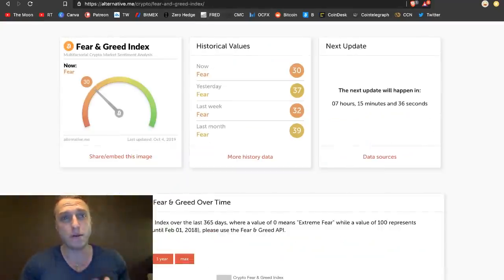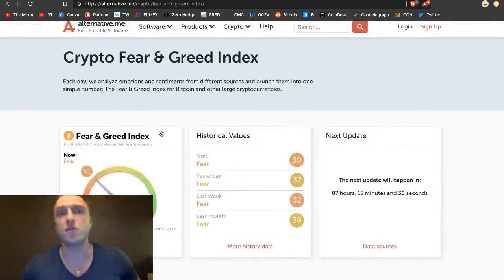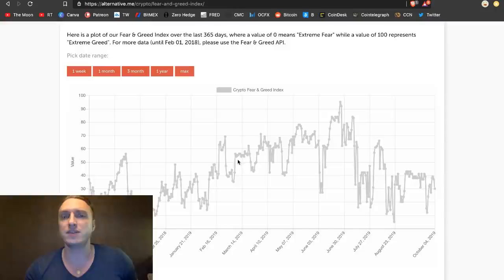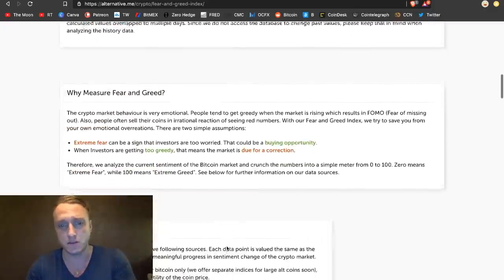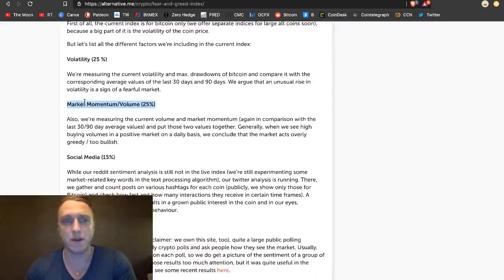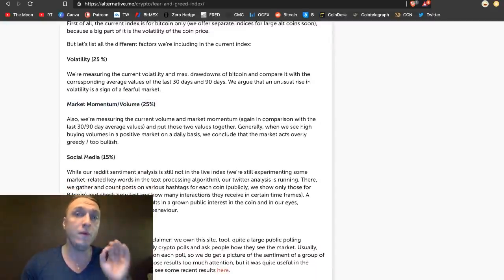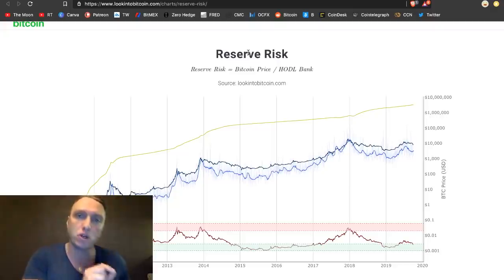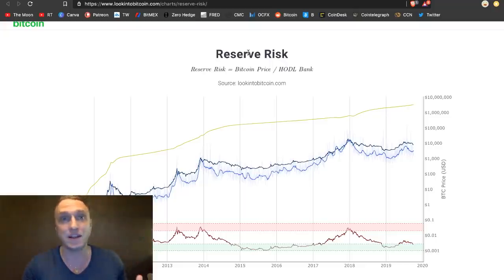So, as you probably already know, the fear and greed index everyone is looking at is this one here at alternative.me. And it was also kind of accurate in the past. But the problem with that is that no one really knows how it is calculated. They talk a little bit here downstairs about it, like the Twitter posts and so on, which is kind of nice, and the sentiment, the market momentum, the volume. But when we really want to have legitimacy in the Bitcoin space, the best thing to pull data from is the blockchain itself, as we always do it on our MMCrypto channel with the spend output profit ratio and all these crazy and nice things, the realized cap and so on.